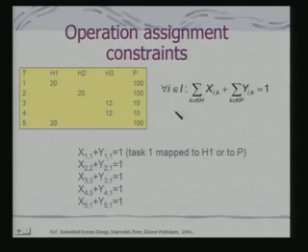This is an example of a constraint. The first constraint is telling you that the task has to be either mapped to the dedicated hardware or to the processor. So, you will find that these constraints would translate to these kinds of expressions, because other possibilities do not arise, because the task 2 cannot be mapped to H1. It can only be mapped to either H2 or to the processor. That means either pure software solution or mapped to this kind of a dedicated hardware. So, I have got this constraint. This is operational assignment constraints.